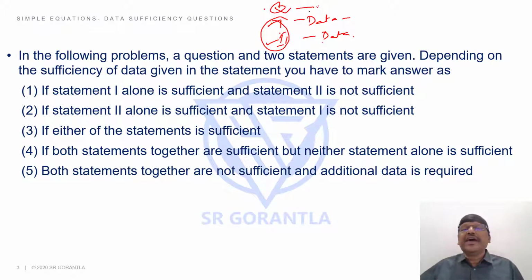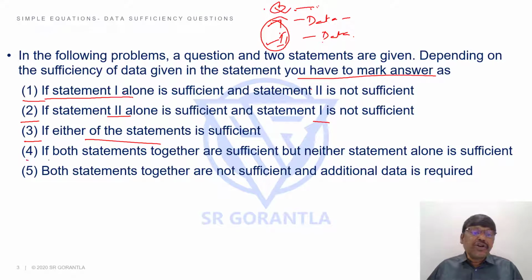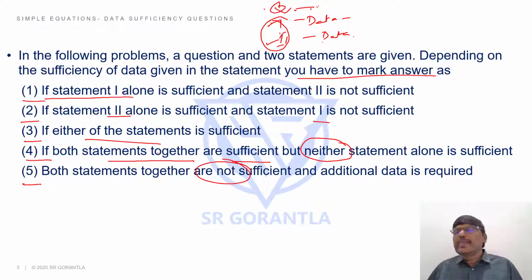But please keep it in mind, as far as possible, you are not expected to solve the problem. You are expected to identify whether the data is sufficient or not. And in different exams, they give instructions differently. If you look at here, I have given you instructions like that. Please mark the answer as 1 if statement 1 alone is sufficient but not 2. Mark answer 2 if 2 alone is sufficient but not 1. Mark answer 3 if either of the statements is sufficient. 4 if both statements together are sufficient but neither statement alone is sufficient. 5 if even both are not sufficient. In the exam, sometimes they may change this order. So you have to read the instructions carefully and answer the questions, right?